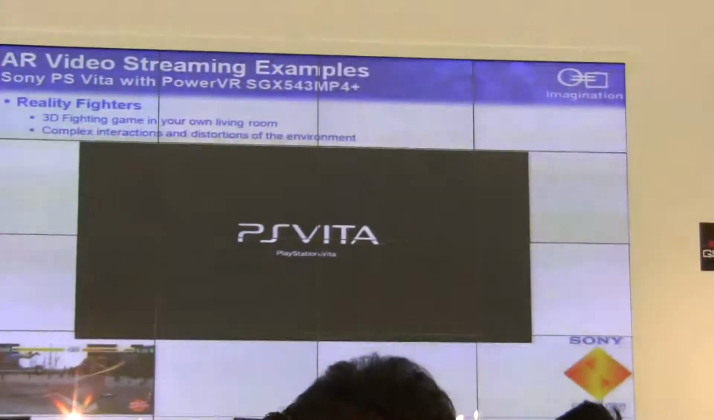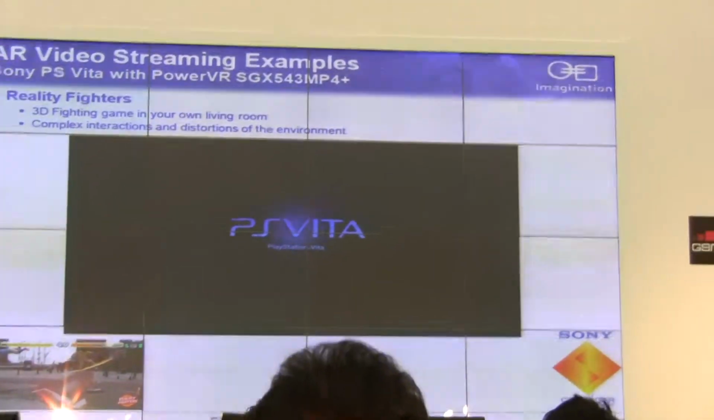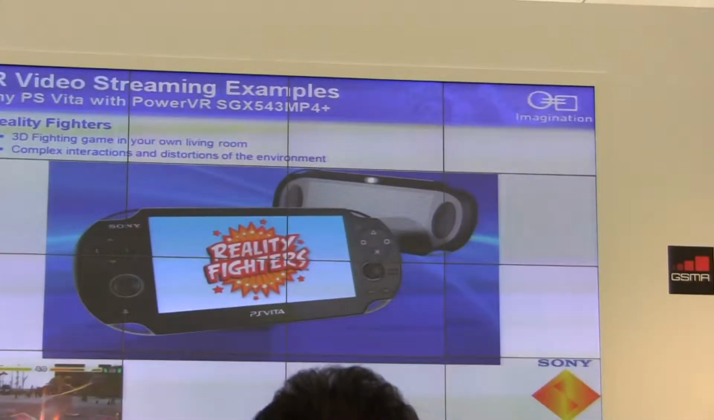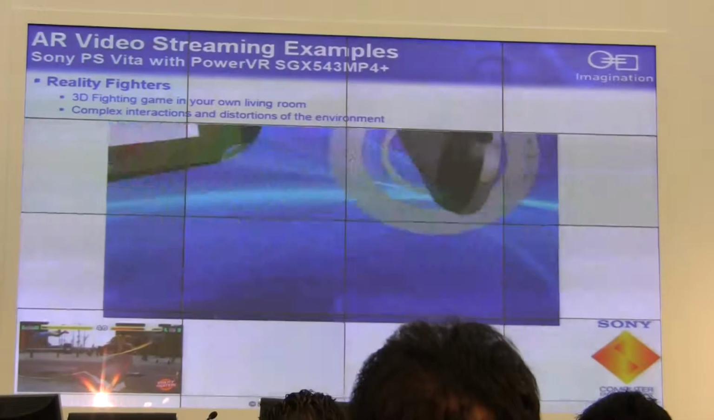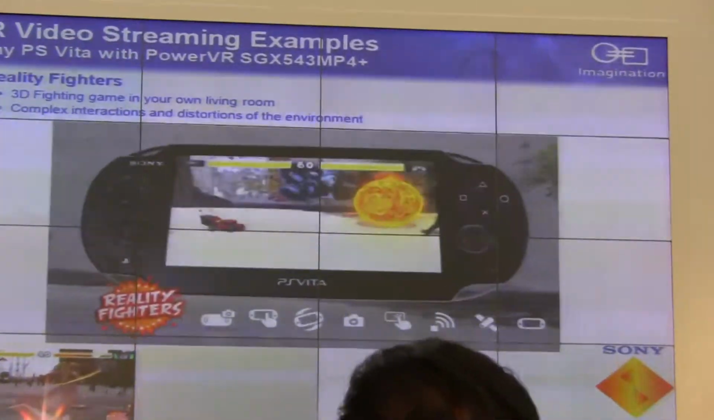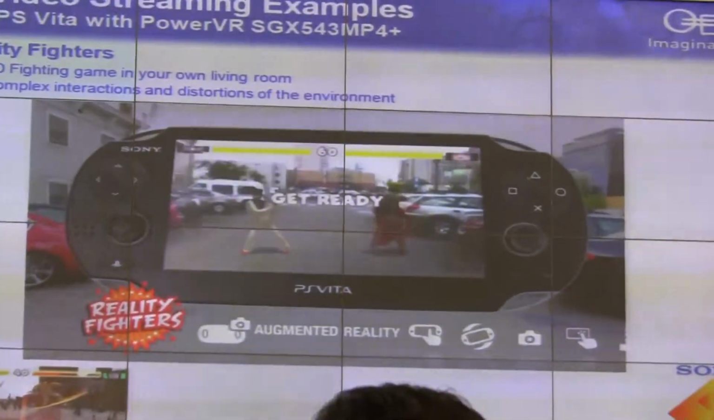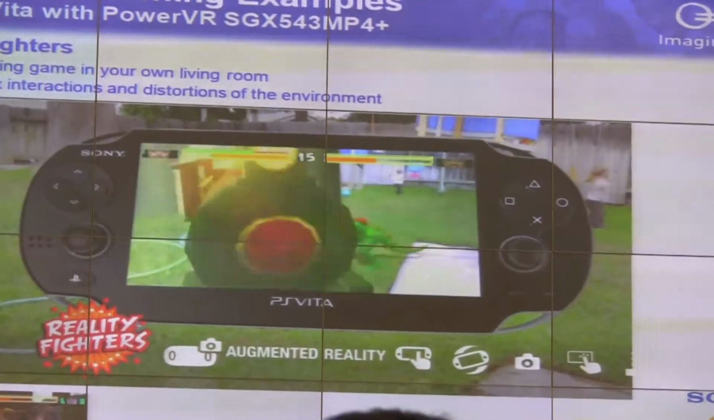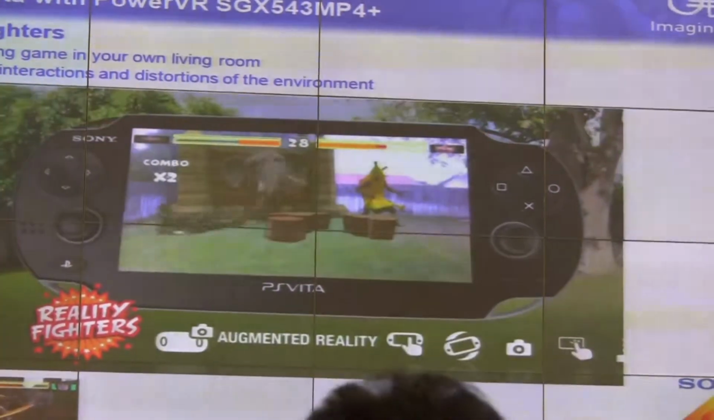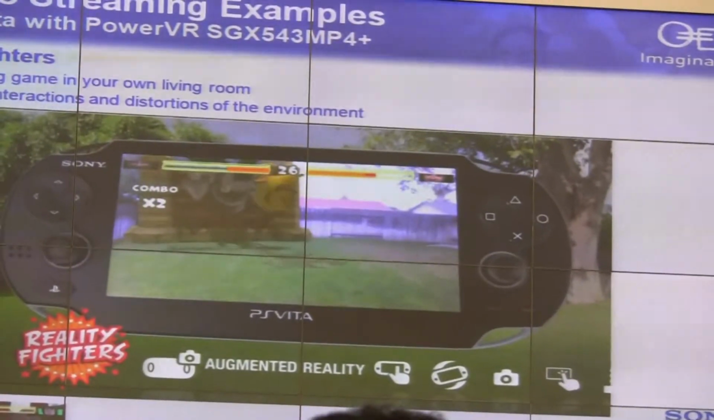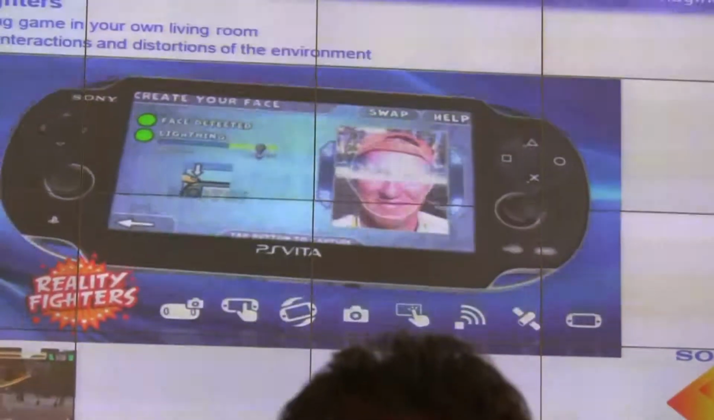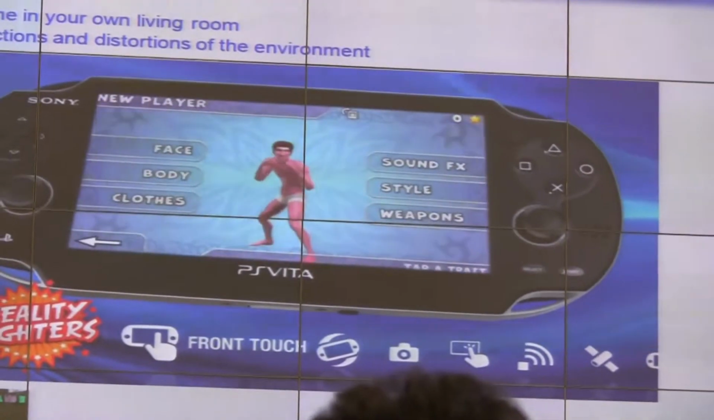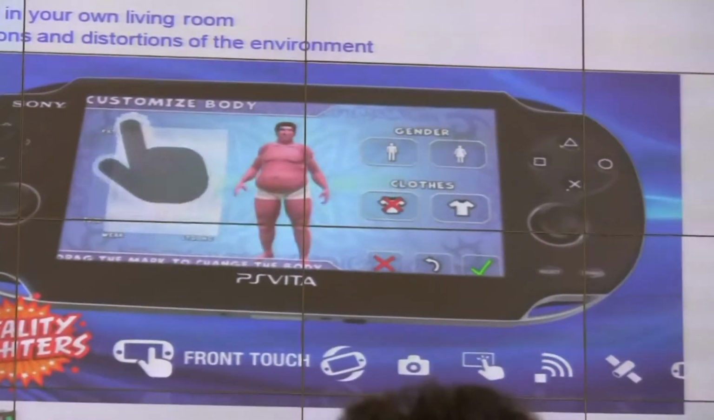The second company probably doesn't need much introduction. So one of the very cool products out there that contains our graphics technology is the PlayStation Vita. And the game I've picked here is Reality Fighters. Reality Fighters allows you to create your own character, and then you can bring it onto your own table or into your own backyard, and really start to allow those fighters to interact with the environment